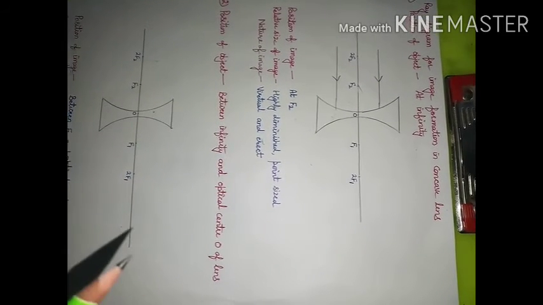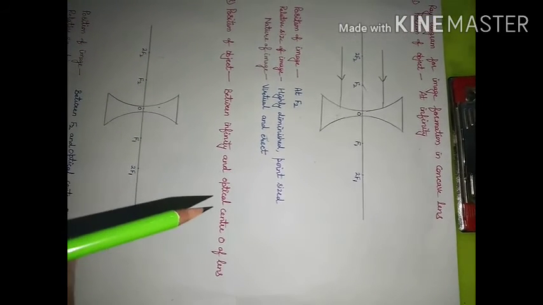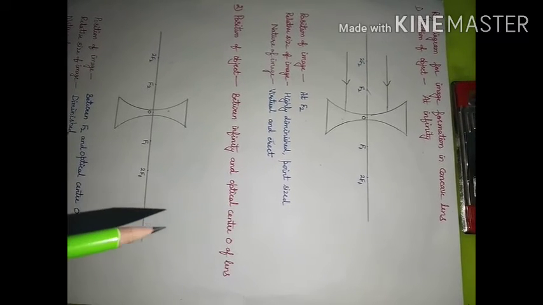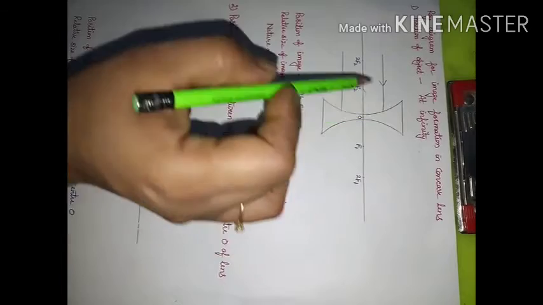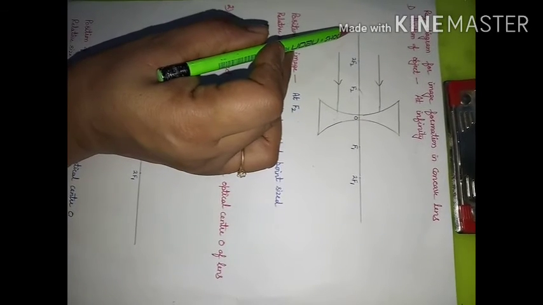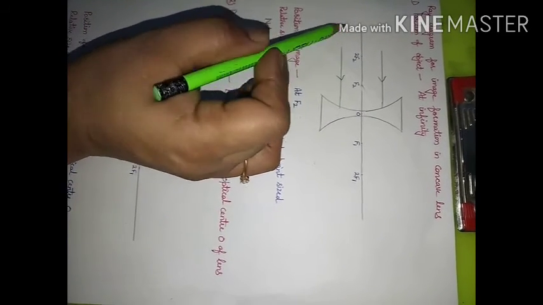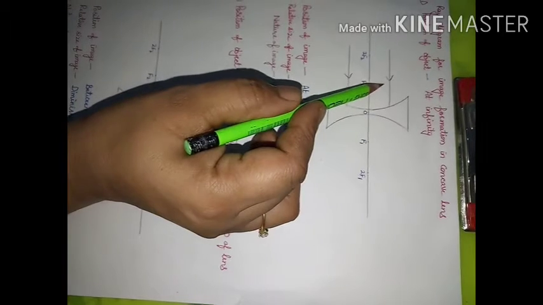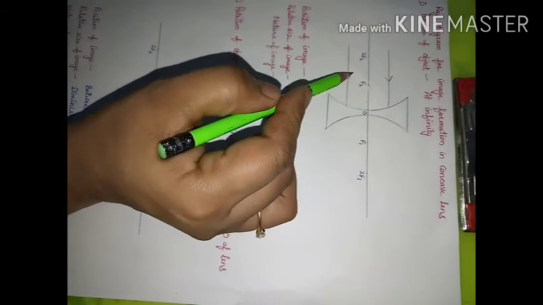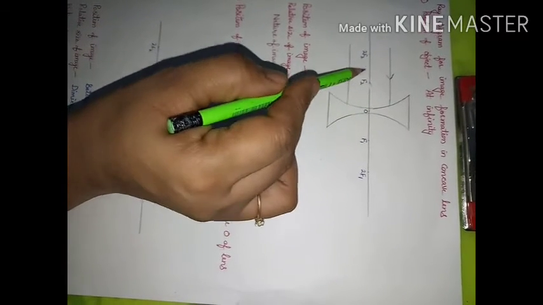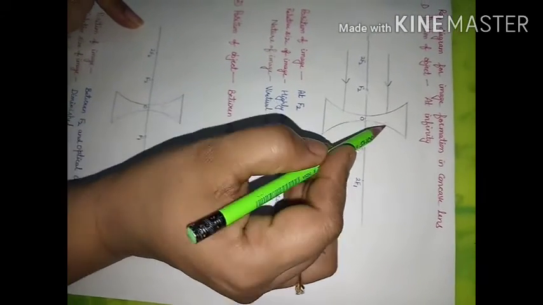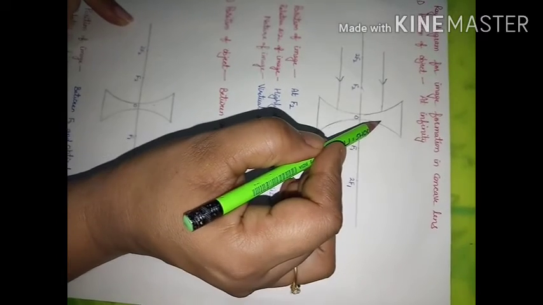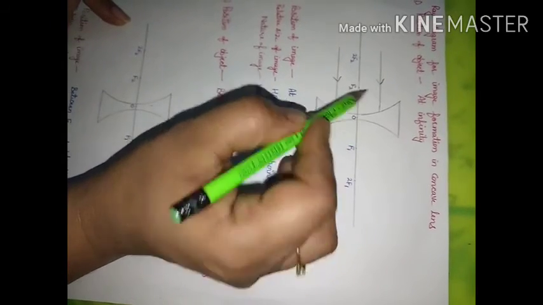So we will make use of these rules in today's video, that is, to draw a ray diagram using a concave lens. First, we will consider the case when the object is kept at infinity. From infinity, we are going to have a parallel beam of light, where these rays are parallel to themselves and parallel to the principal axis. So this ray of light will suffer refraction. It will diverge and appear to diverge from this focus.